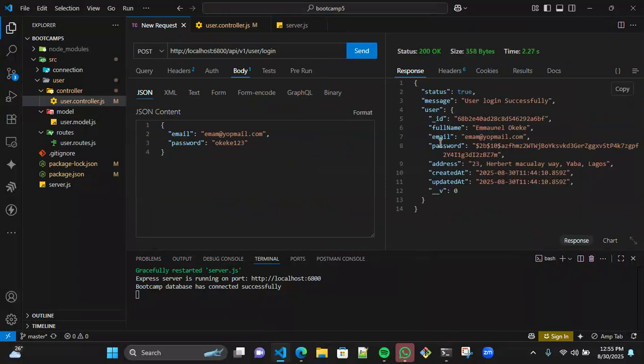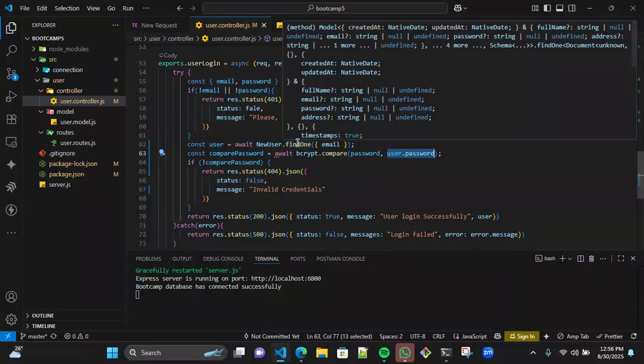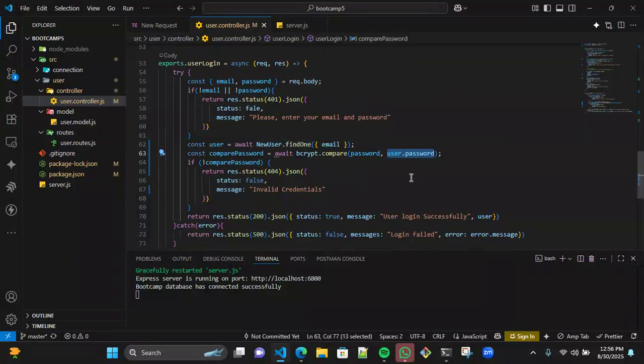So this is the password. Can you see now? This is because we have this description. Now compare it. This plain password, and now compare it with what is inside this user in our database. When you compare them, if they are the same, we let them go. If not,